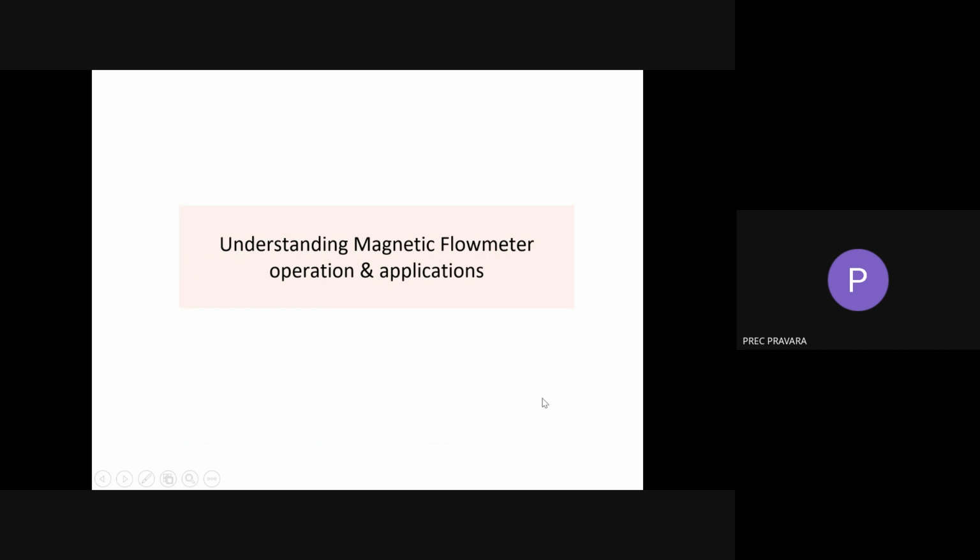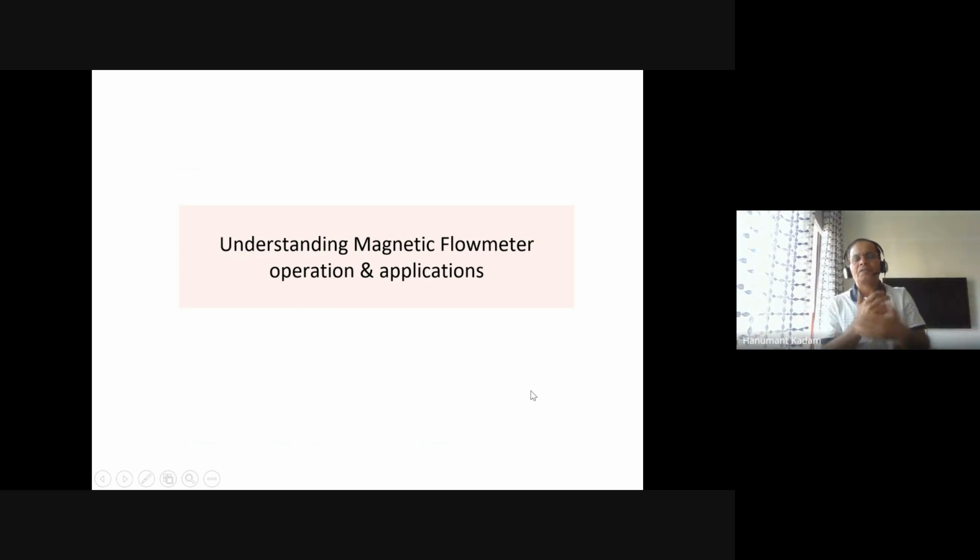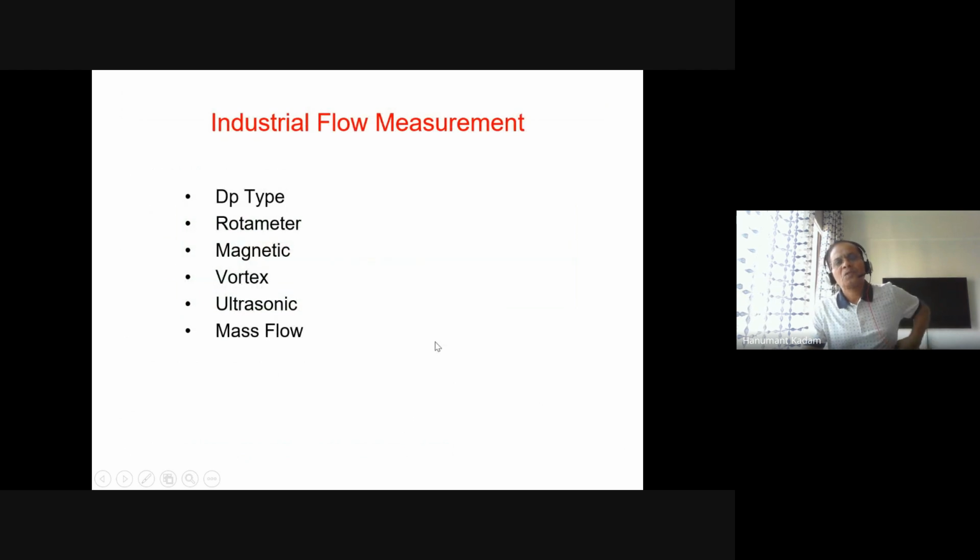Yes, yes. So today our topic is one of the very critical measuring principles for flow measurement, especially for acidic plants, highly corrosive material, gases, and high pressure steam. In industrial systems, flow measurements are of different types: DP types, rotameter, magnetic, vortex, ultrasonic, and mass. Out of these, magnetic, ultrasonic, and mass, vortex also critical, but these three are more critical applications, where non-contact type measurement or highly corrosive products are